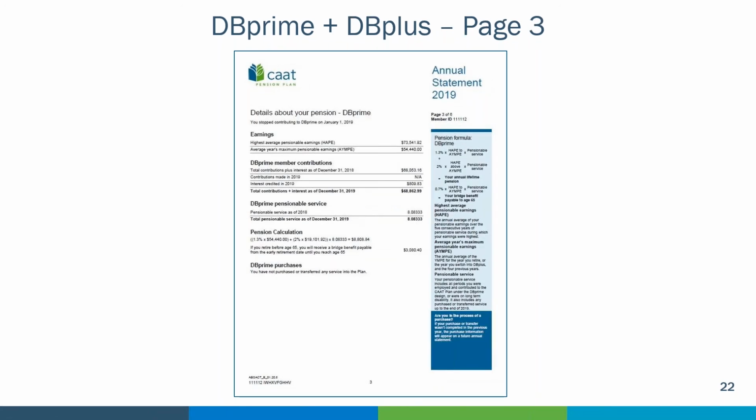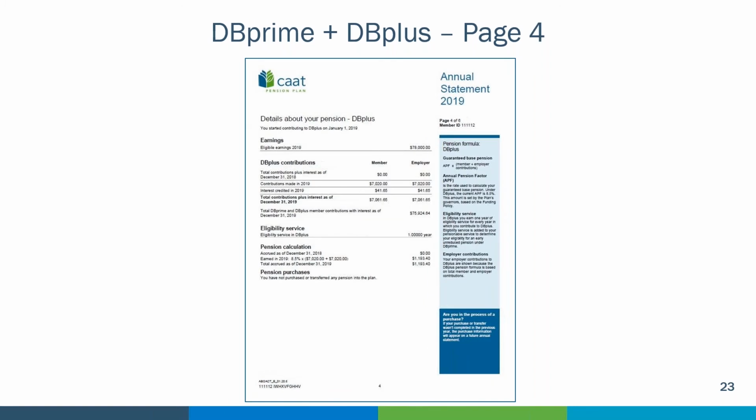Here is page 3 of the statement, which provides details on the member's pension benefit under DB Prime only. This page is the same as the DB Prime statement and shows the same information. Page 4 of the statement provides details on the member's pension benefit under DB Plus and will look the same as the DB Plus statement. One thing to note in the contribution section,